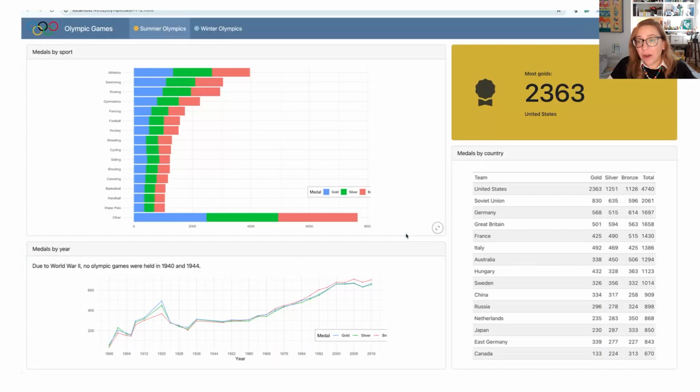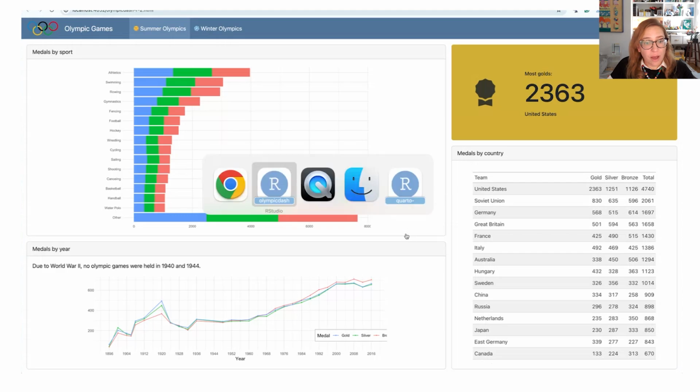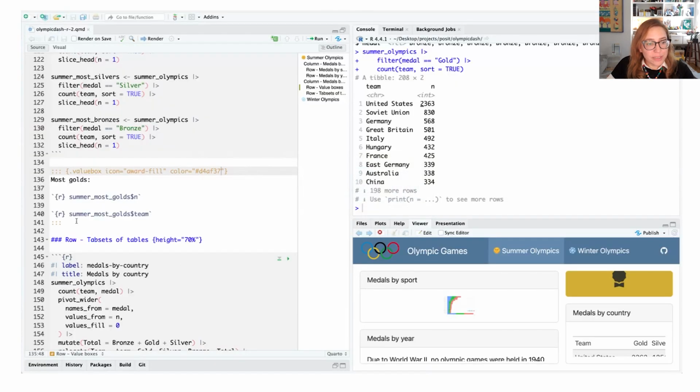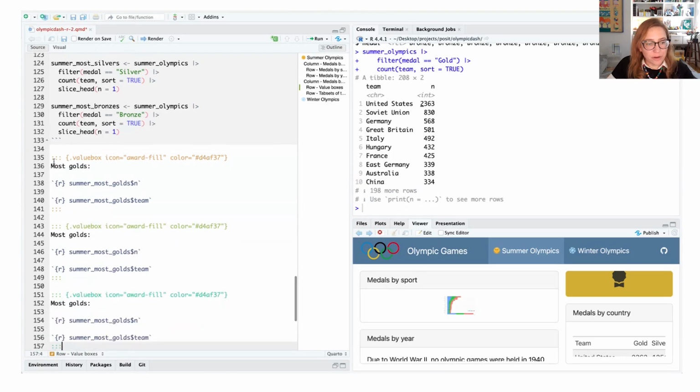And what we need are now the other three value boxes. So I can go ahead and leverage what I've done here. This is going to be most silvers, most bronzes. Instead of golds, let's use silvers and bronzes here.